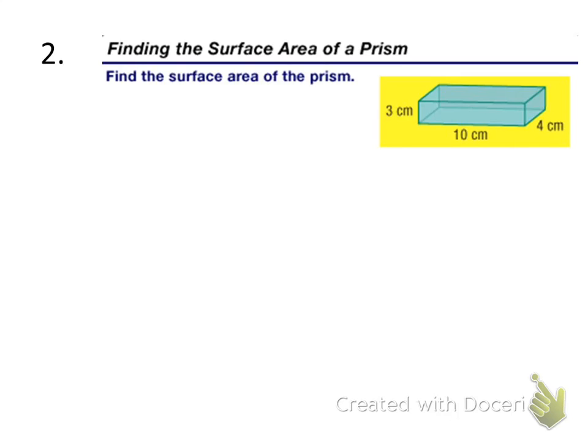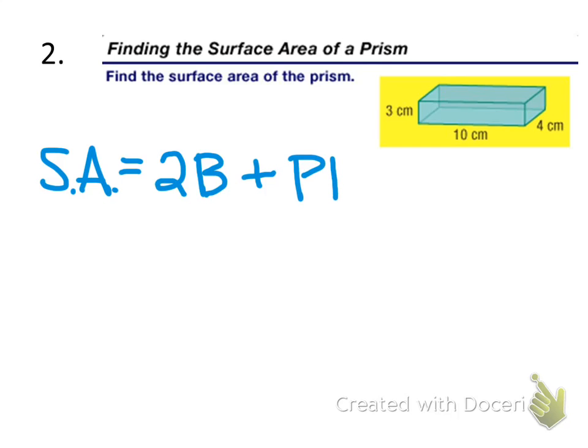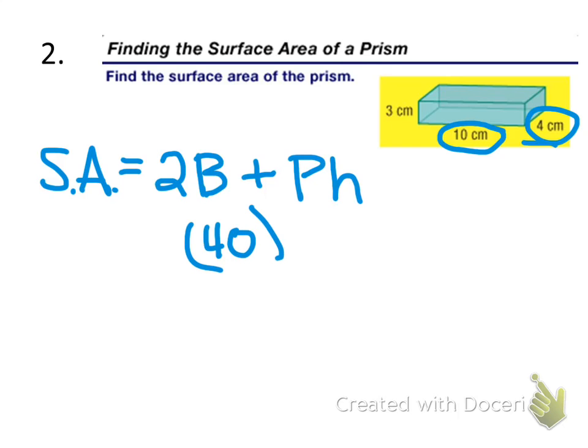So the formula is surface area equals 2 times the base plus perimeter times height. So we are solving for base. So what's my base? 10. That's the length. Oh, 4. 10 times 4 is 40, times 2, plus,